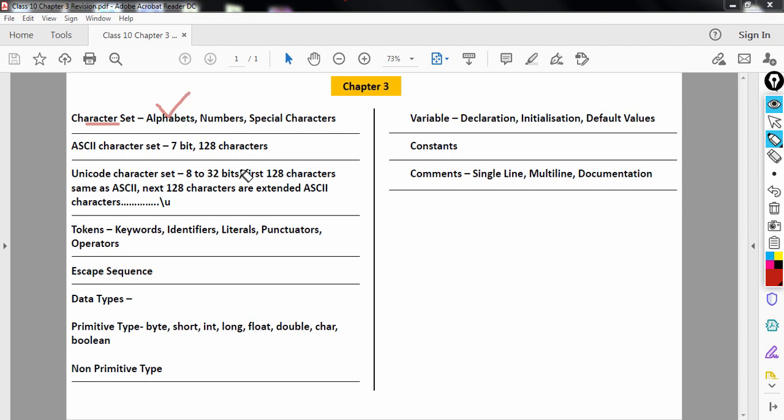Alphabets consists of all the alphabets, capital and small. Numbers consists of digits from 0 till 9, and special characters consists of symbols such as exclamation mark, full stop, comma, asterisk, percentage, dollar. So these three different categories comprise the whole character set,